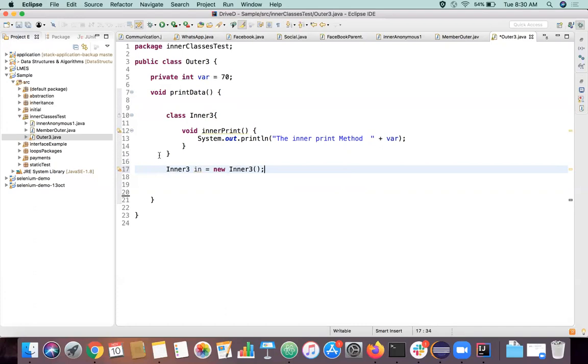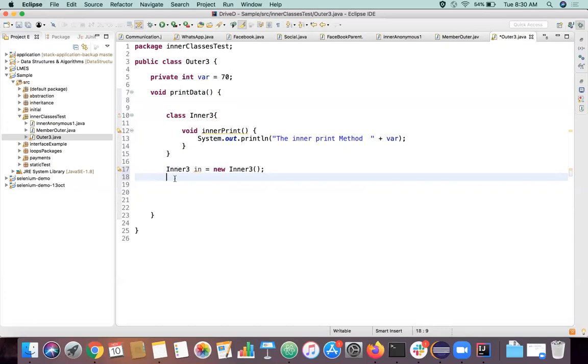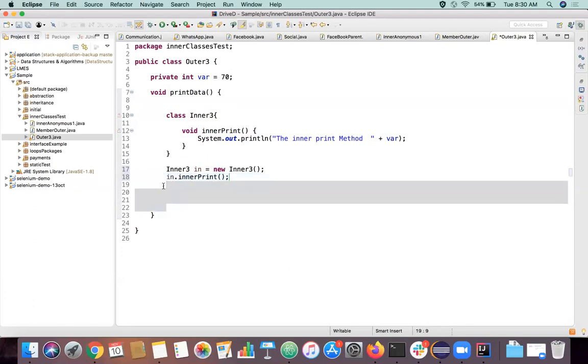Note that I'm creating the object inside this print data method itself, and I am calling this method for this particular class.